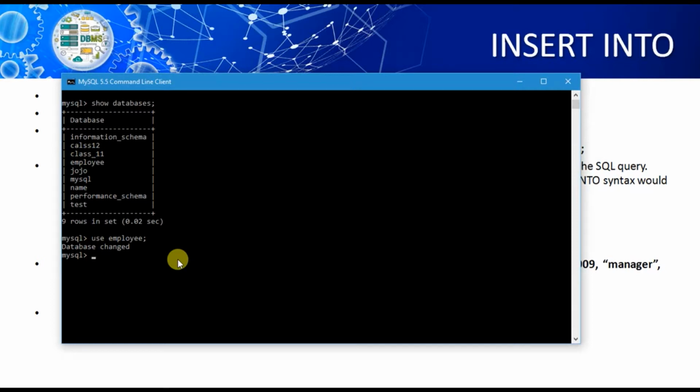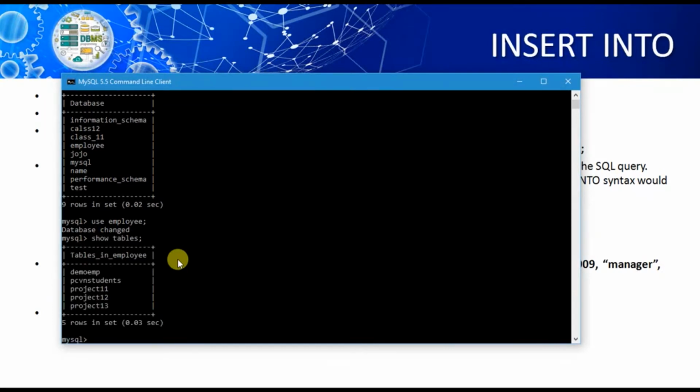Now I want to know how many tables are here, so I will write show tables. I have 5 tables here, but I am going to create a new one. To create a table, we will use the DDL create command as we discussed in our previous video. Create table.